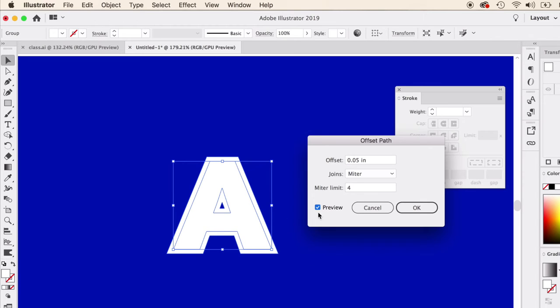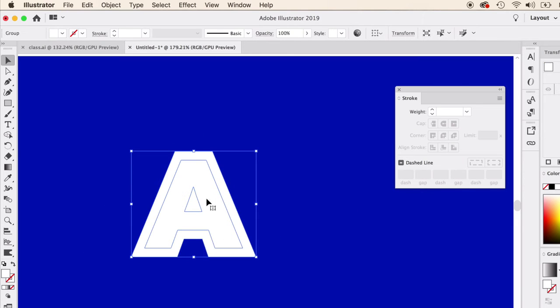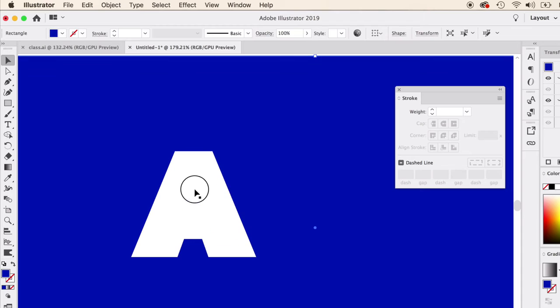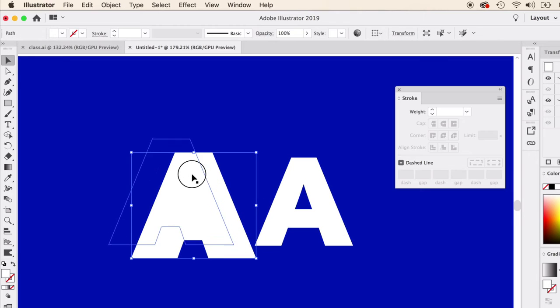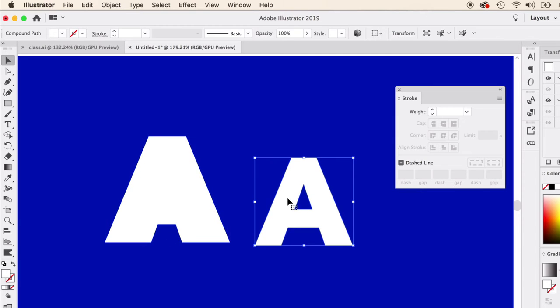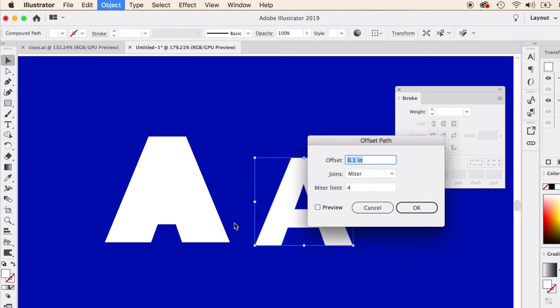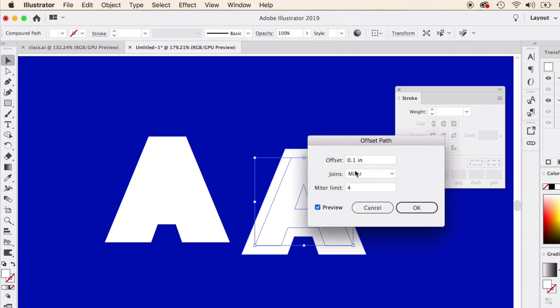So right there I can create that. I can make it a little bit bigger and click on OK, and so now I have a really different shape. I'm going to ungroup this, so I have my original A, and I have something a little bit different. I can continue to do offset path to create something really unique and do different kinds of characters. I can also continue to do this and do path, offset path. I can just do it by a smaller margin,